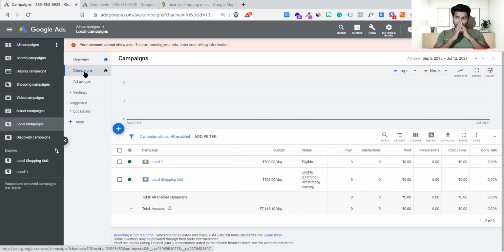And let me tell you, you must be thinking, why are we not sticking to Google Maps and search, why are we using YouTube ads, why are we using display ads. You might have this question. Okay, let me answer. When we go for very narrow targeting like this local based campaign, the problem is our search volumes get very low. You getting it?